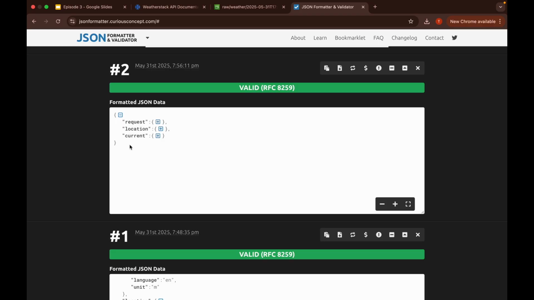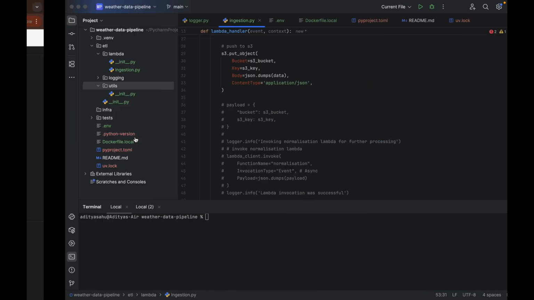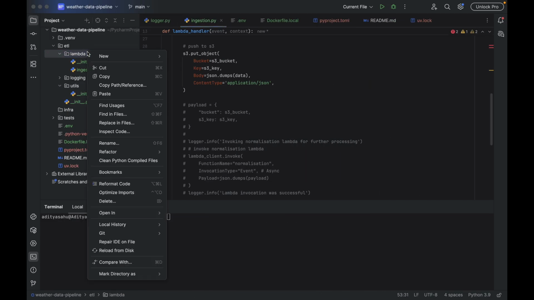So in order to transform this, sorry, we need to read location and current and then do some kind of transformation, but you're going to see it in just a moment. So now let's go back to our code and let's create another Python file, which is going to be